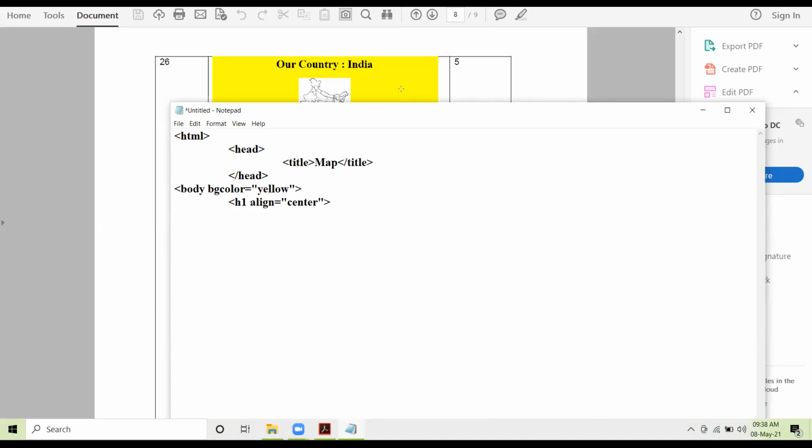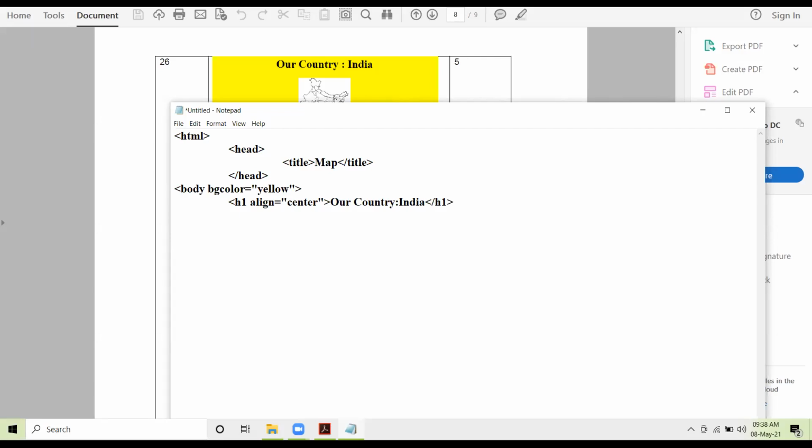So my heading is our country colon India. And I'm closing the H1 tag.